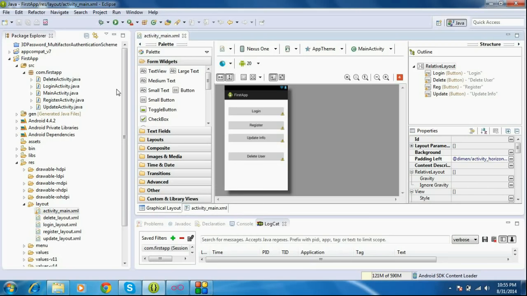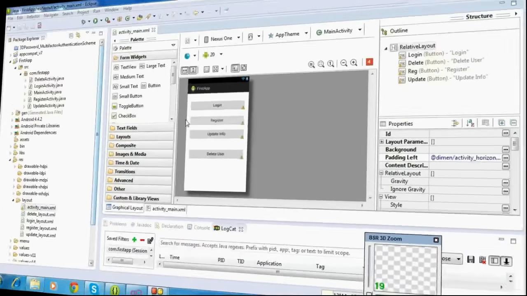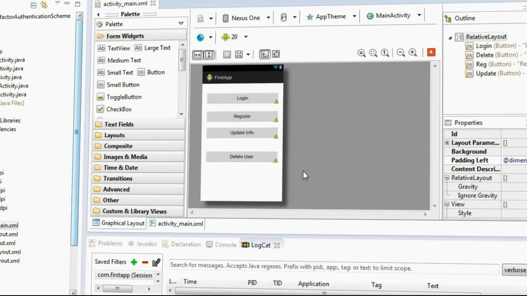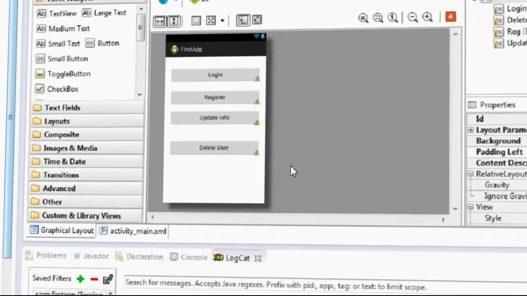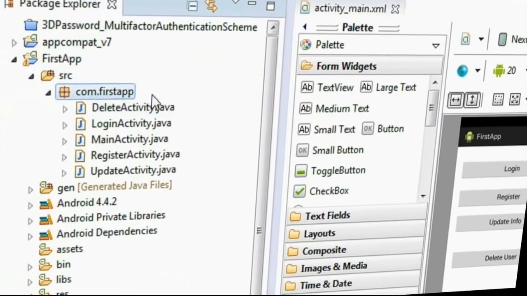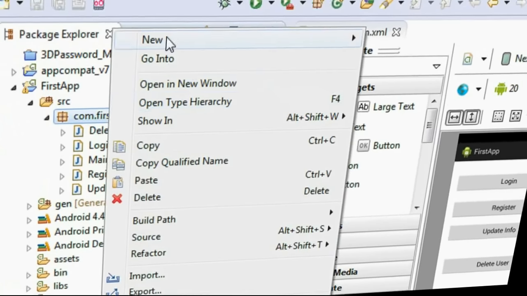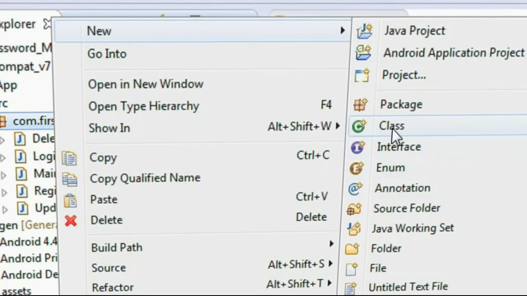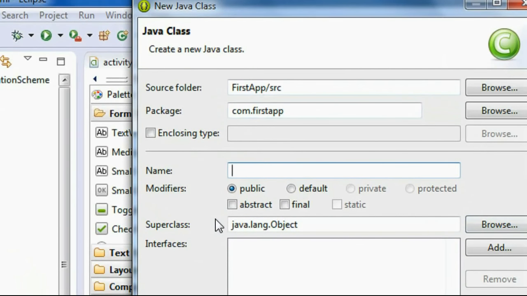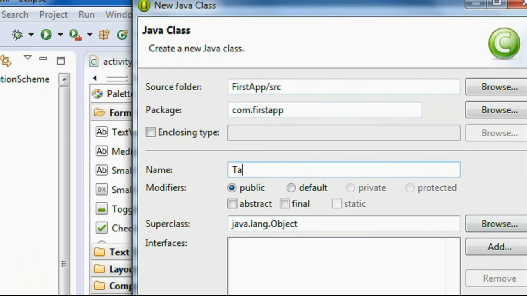Now I am going to demonstrate what are the preparations to create the database and create the database table. So first you have to create your database. First you have to create the contents of your table. So create a new Java class. I name the Java class as table data